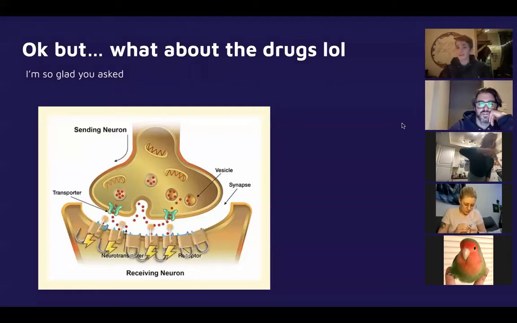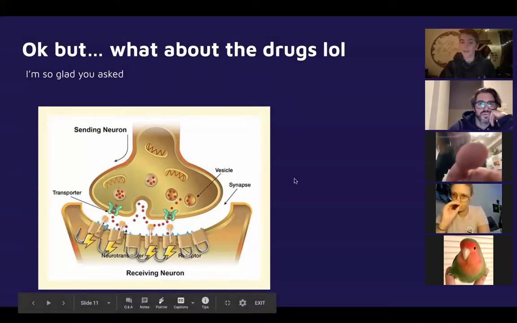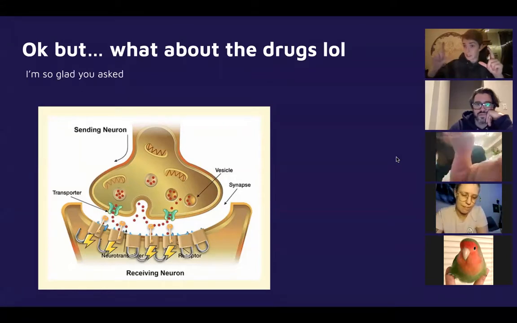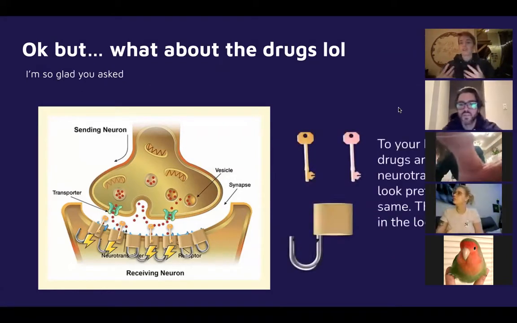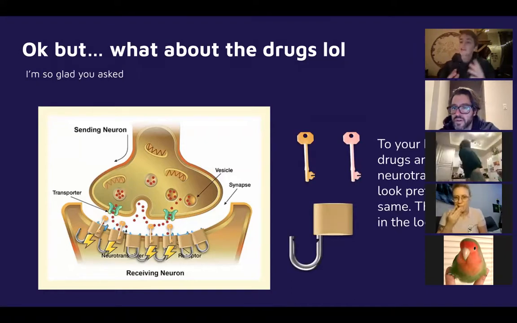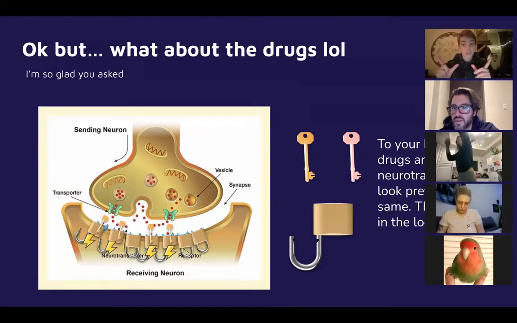Now we can look at this in terms of, here are a bunch of little locks and a bunch of little keys. If a key fits into a lock, something happens, and it opens the lock, electricity goes through, the signal continues. And these are the hot dogs that we previously looked at, but we're going to conceptualize receptors as being locks and neurotransmitters as being keys. Now, to your brain, and this is just one way that this can happen, some drugs look the same as neurotransmitters. So they can do some of the same stuff that your existing neurotransmitters can already do.